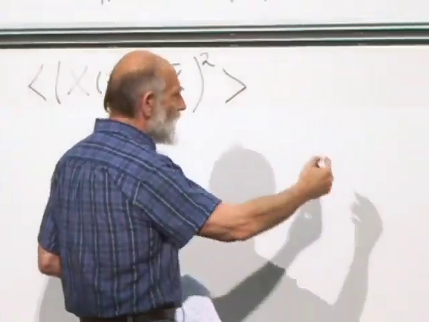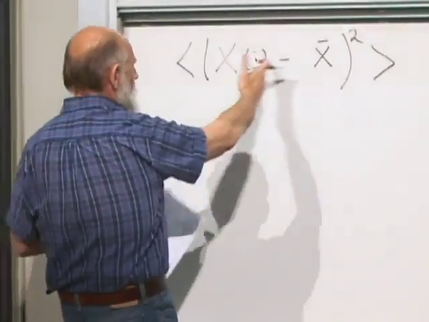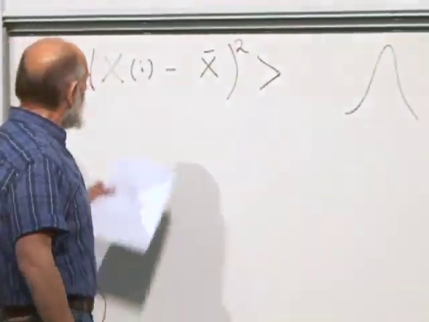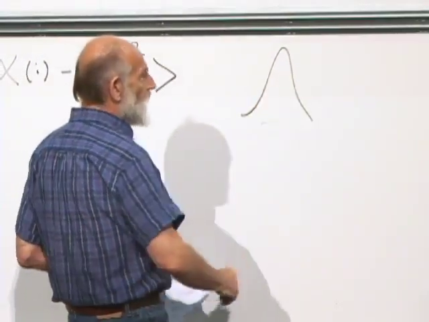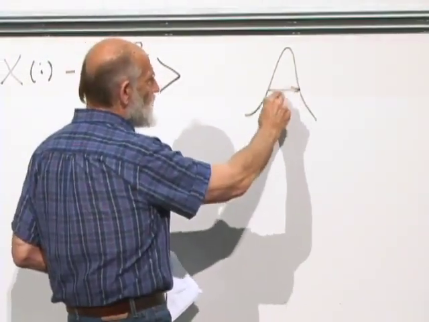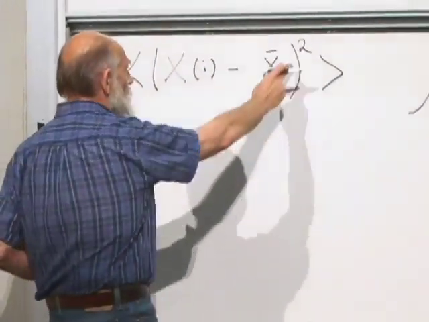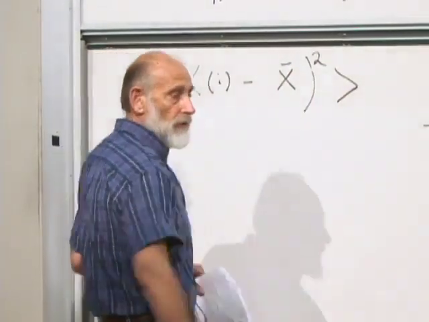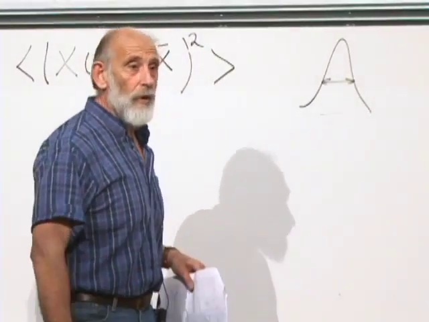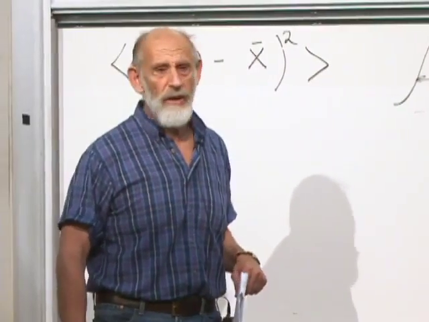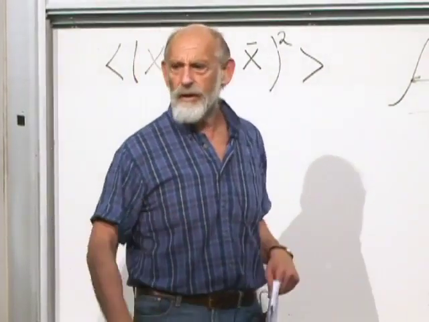So we have some probability distribution which is centered at the origin. It's centered at the origin because I've shifted it. We take x squared and we average it, and that is a measure of the width of the distribution. It's always positive because it's a square of something, and when averaged, it's always positive, and it measures the width of the distribution. All right, we call it the variance, mean square, root mean square, something or other.